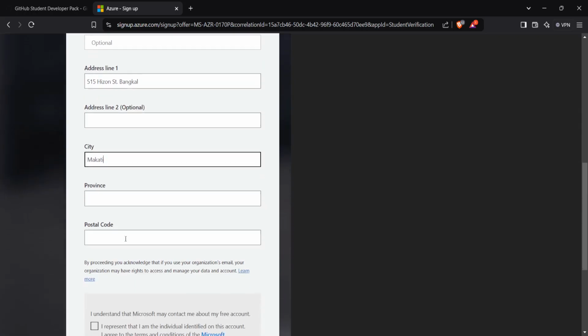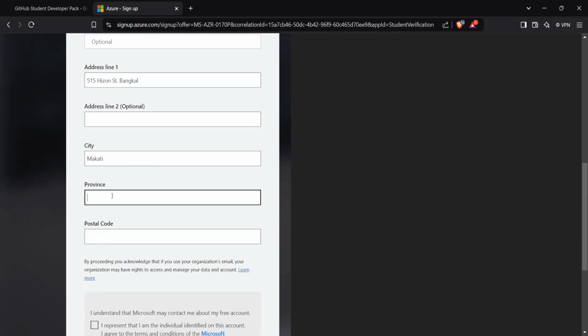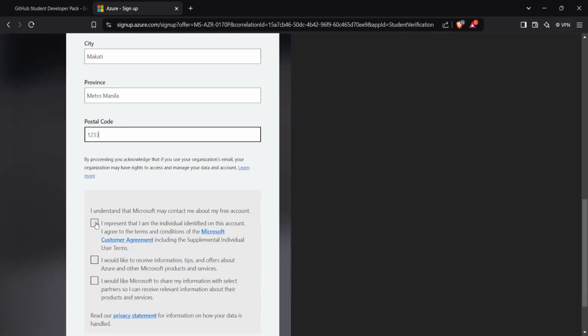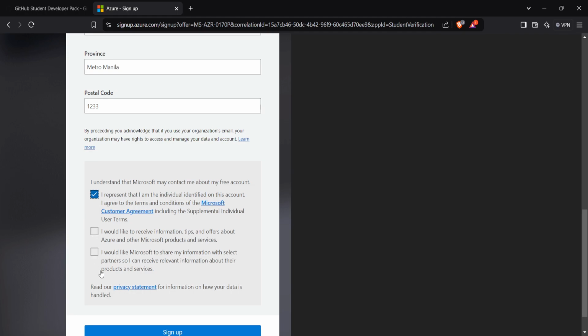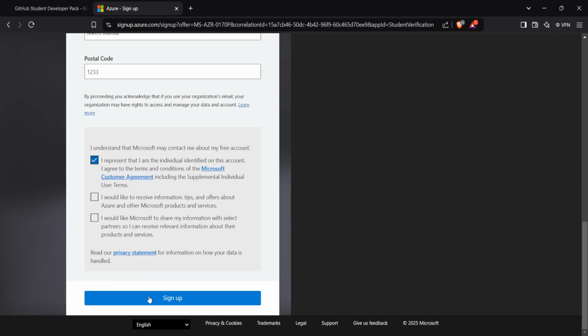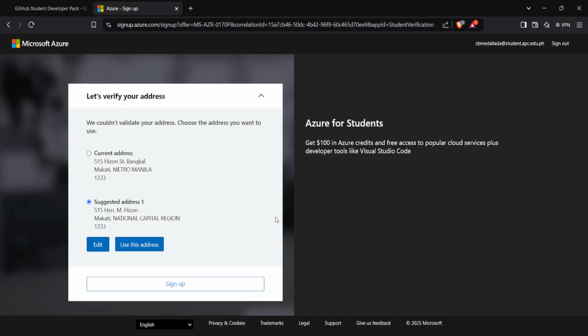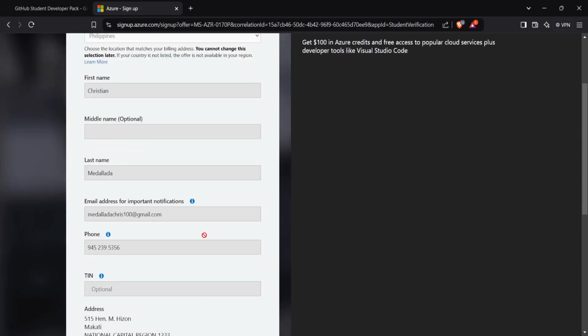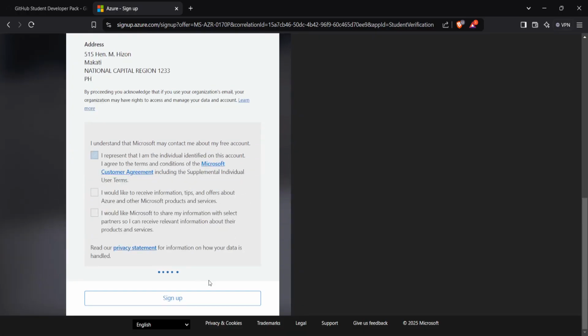The province, Manila, Central. Then it is up to you if you want to receive some information or share information with other Microsoft accounts. So just use this address. It's up to you. We will be waiting for this one to load.